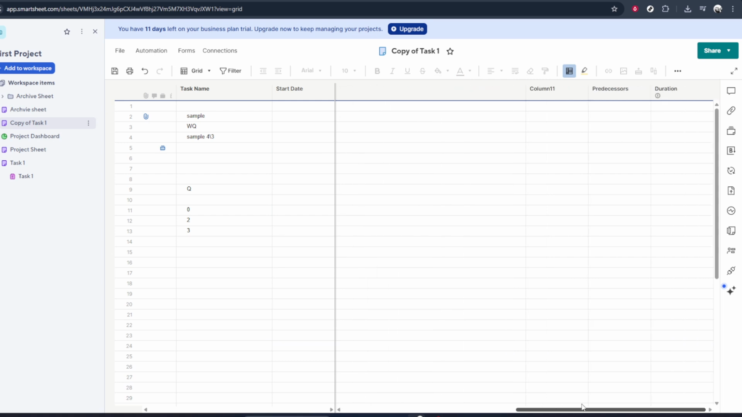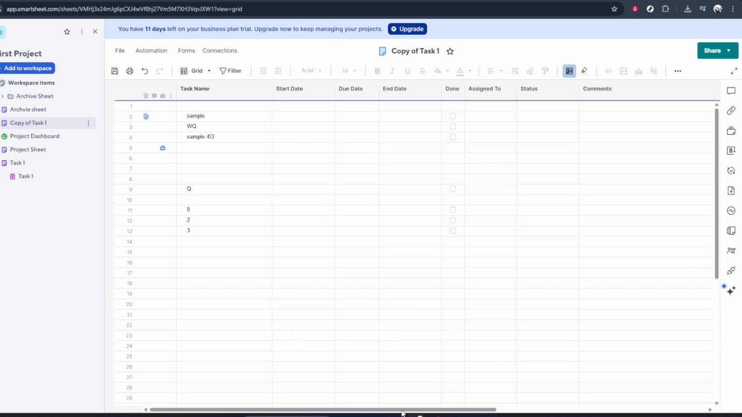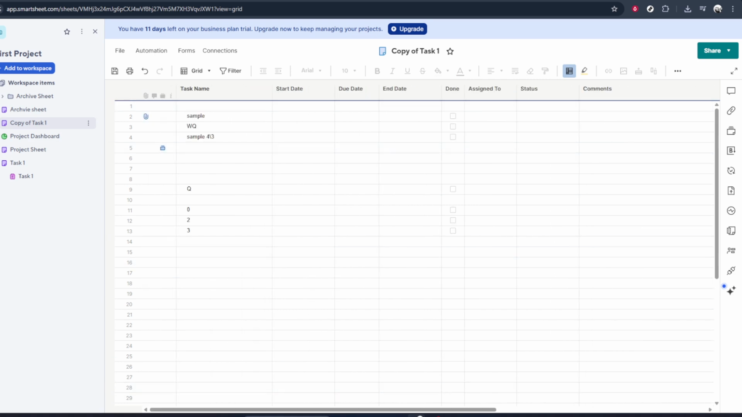As soon as you click Unfreeze, the column will no longer stay locked in place when you scroll horizontally. You should now be able to move left and right through your sheet and see all columns scrolling together as one continuous grid. If you had multiple columns frozen,